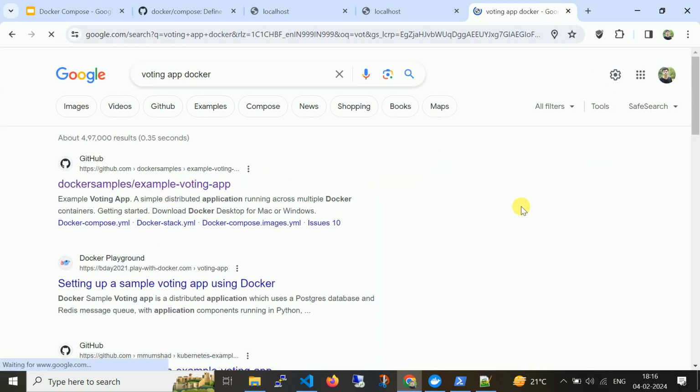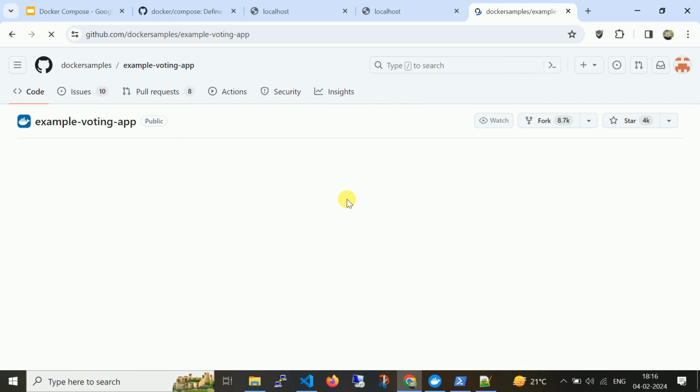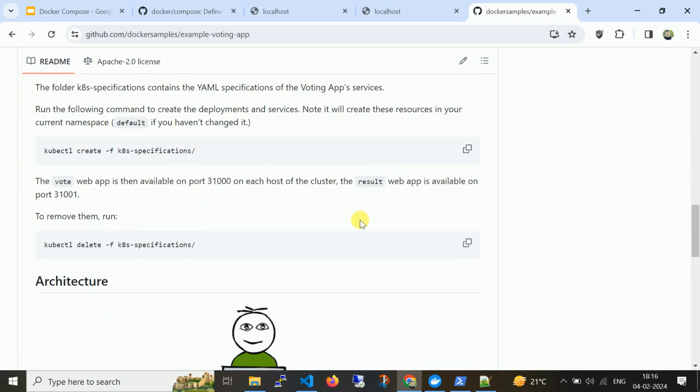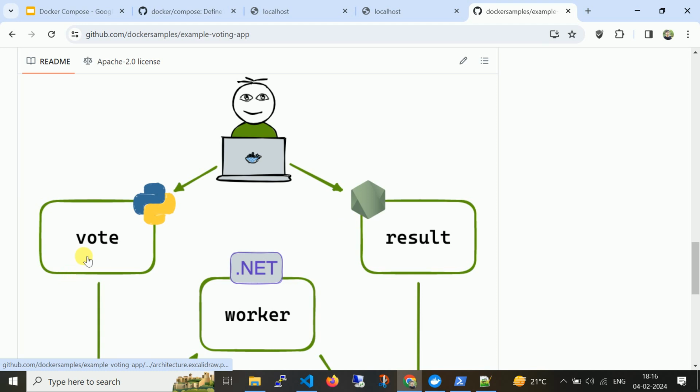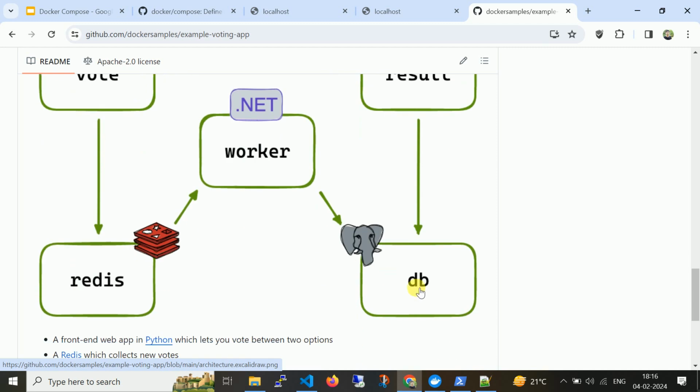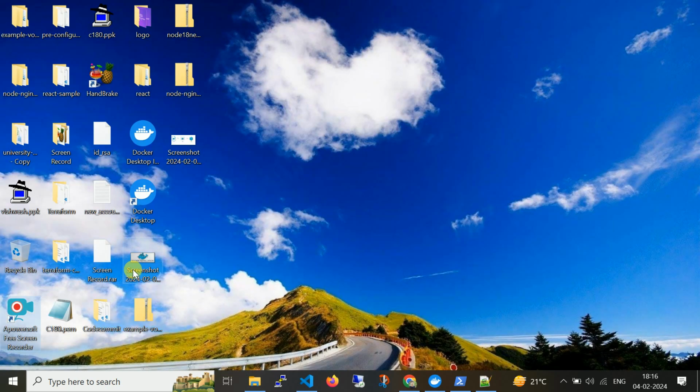So you can also apply docker compose where you have multiple containers like this. The vote application is built on Python, the result on Node.js, .NET for the worker, PostgreSQL for the DB, and Redis for memory caching. So you can use that as well. I have that particular source code, so let me build and run.